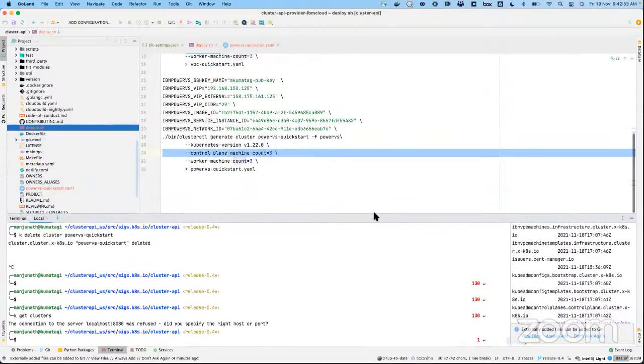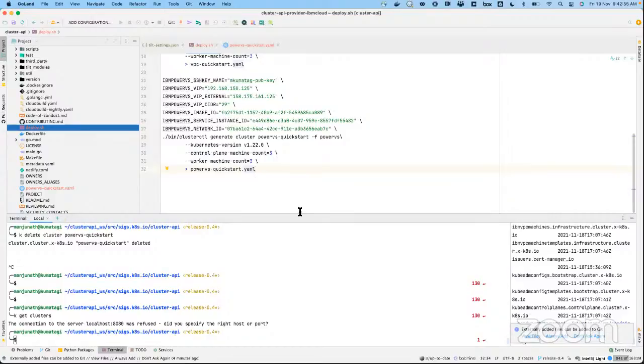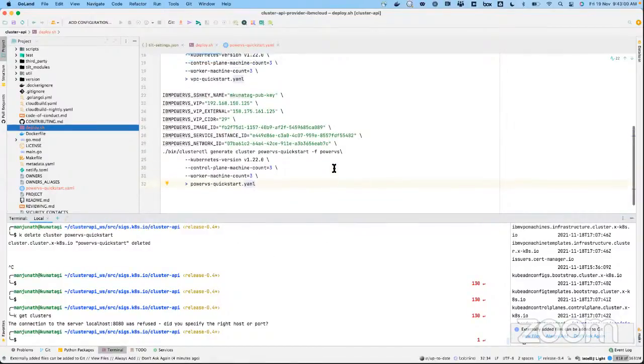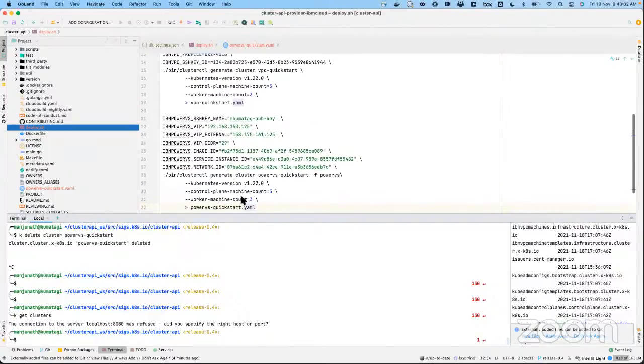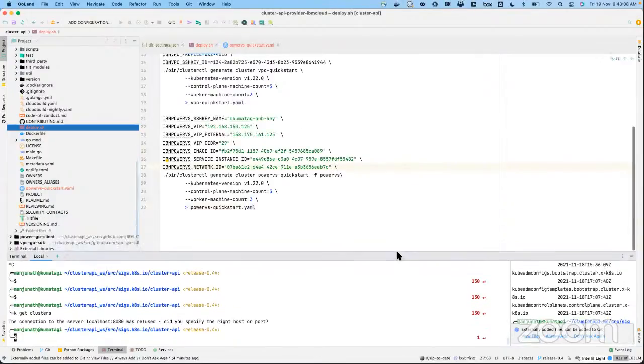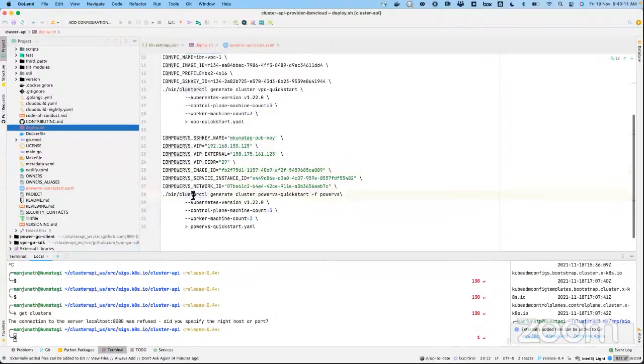Any questions before we go ahead and talk about the next demo? The intention here, at least for this talk, is to put more emphasis on clusterctl.